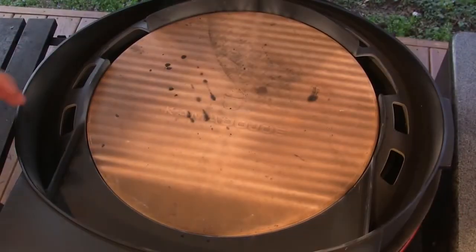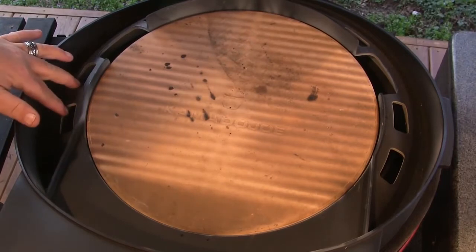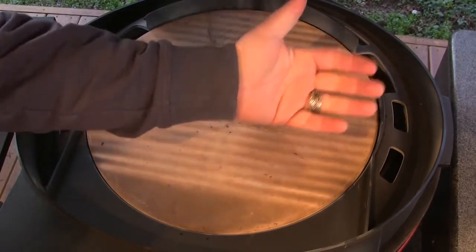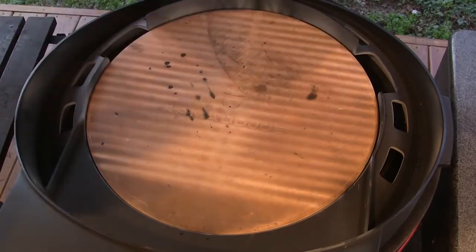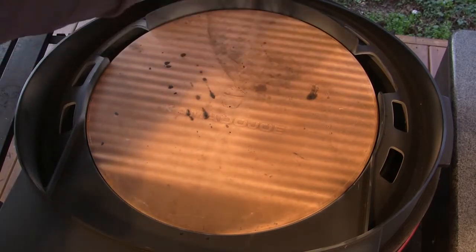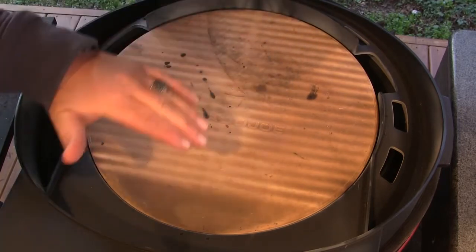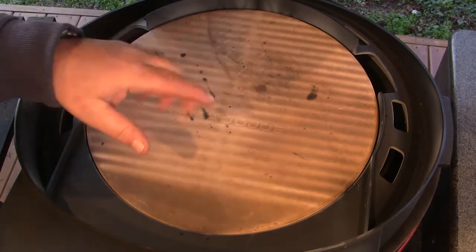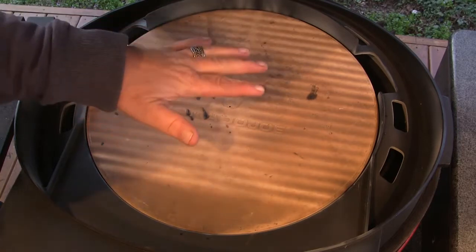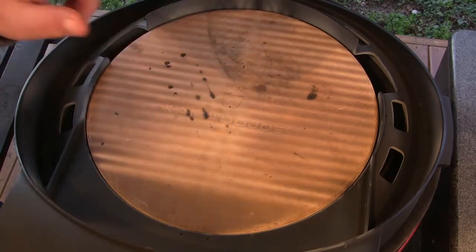And you can kind of see how the design works here. There are holes around the outer edge all the way around that allow heat from the firebox to come up, circulate through the dome. And there's a lip back here that's designed to direct the airflow over the top of the pizza where you shouldn't have to spin your pizza during the cook. I've had some pretty good luck cooking pizzas on here without having to turn them, so that's a plus here